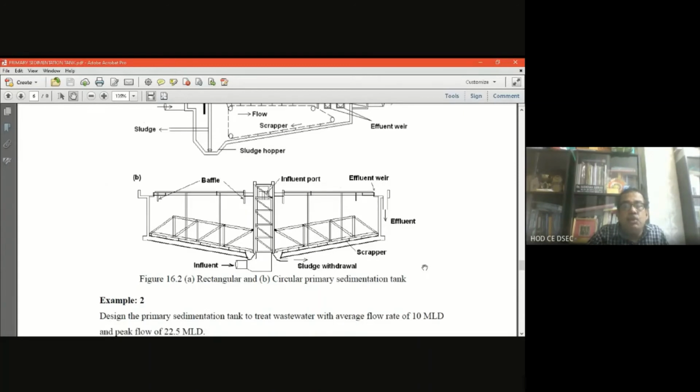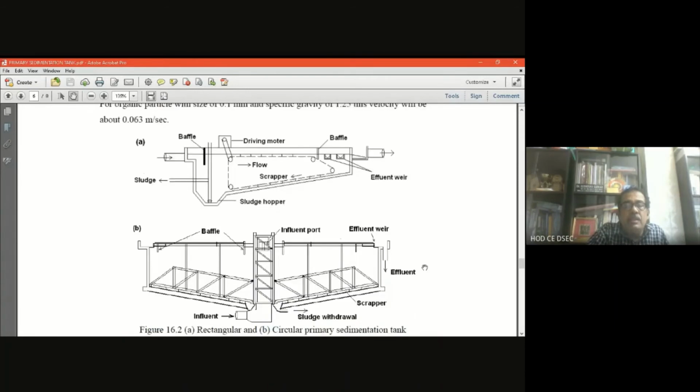In the bottom portion of the circular clarifier the sump is there, and in the rectangular one you see the inlet zone. The sludge is placed in the sludge hopper, and before the effluent weir there is a baffle. So all these things give you some idea. You see the mechanical cleaning operation with the scraper attached to the chain system as well as the truss system, in the different types of cross section design I have shown you.